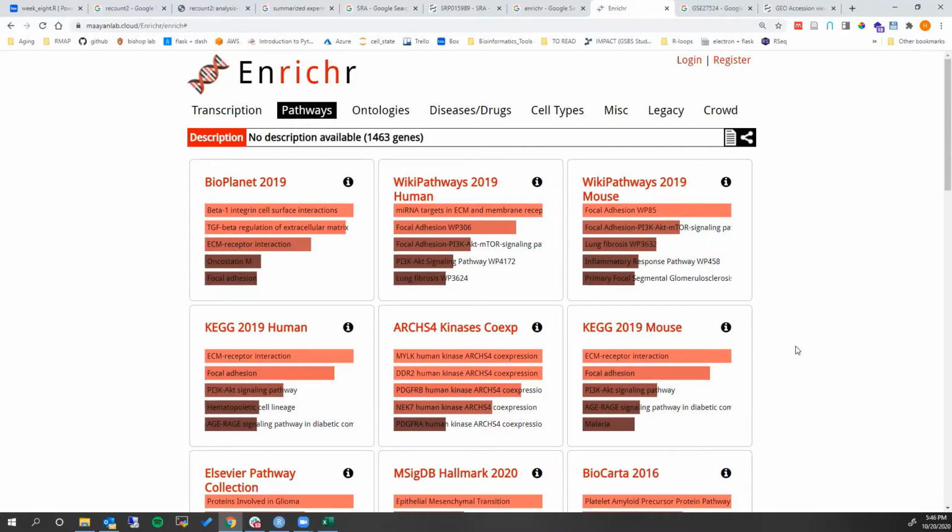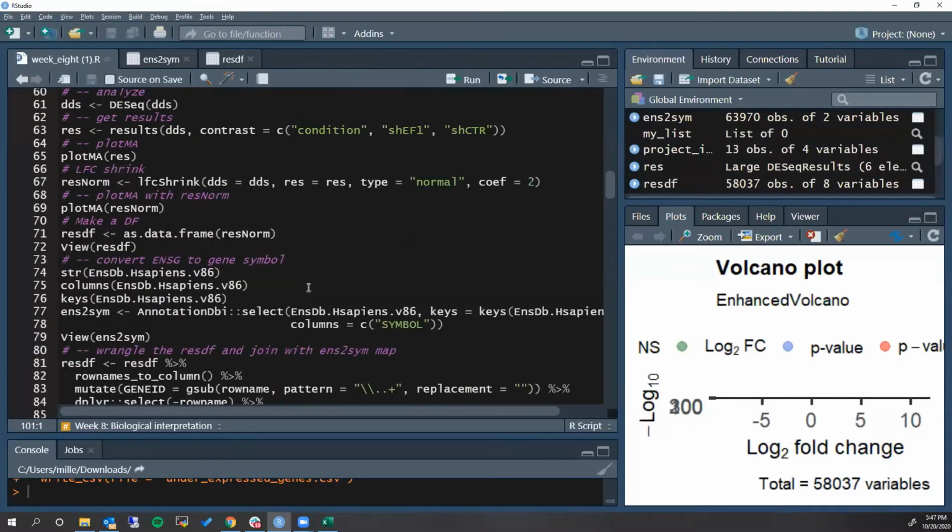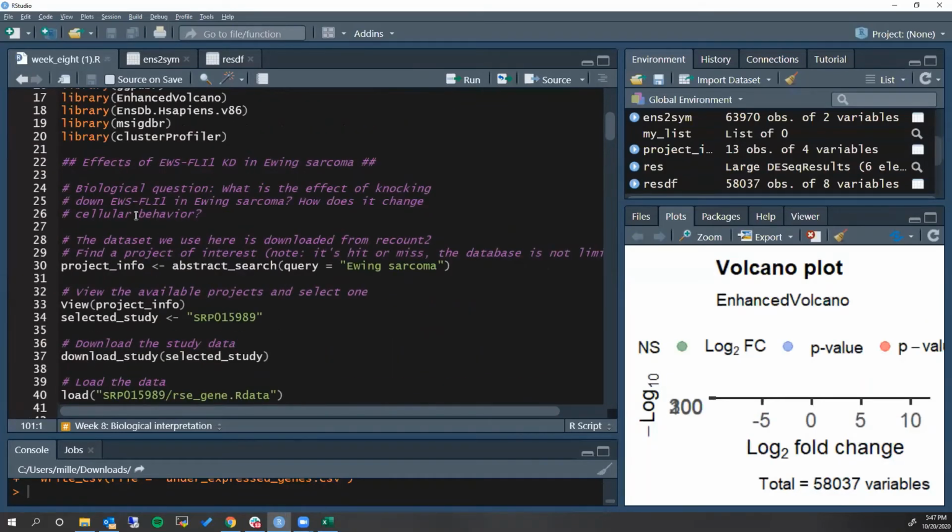So there are other things we can explore here, but we've already got a good idea of what we wanted to learn. Let's go back to our original question. Our original question was: what is the effect of knocking down EWS-FLI1 in Ewing sarcoma? How does it change cellular behavior? And as an addendum to that, are drugs that knock down EWS-FLI1 a good idea? Well,